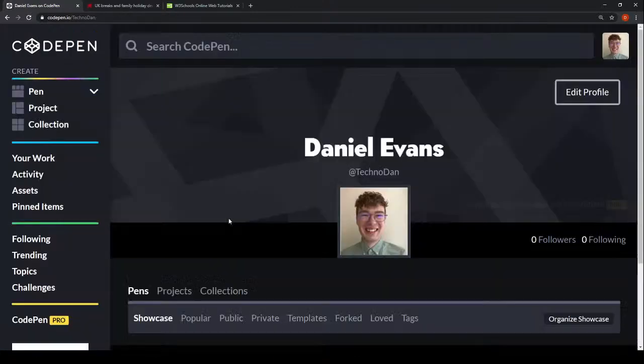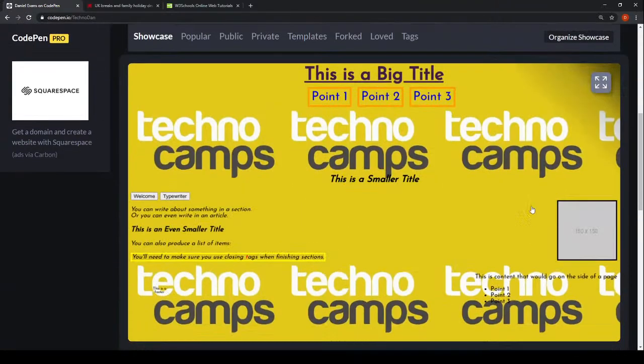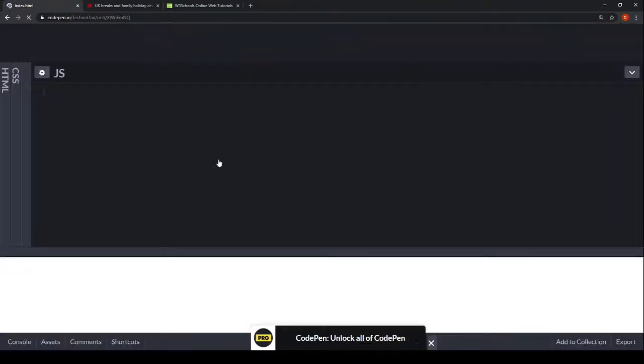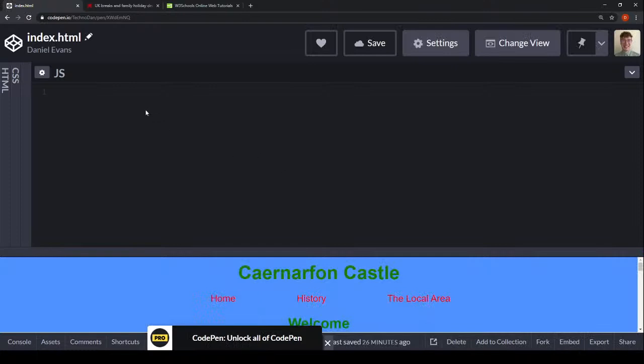Okay, so essentially that was what you needed to know in terms of how you could link the elements from your HTML into your JavaScript. So we're going to stick with the query selector version for now. So I'm going to say document.querySelector,